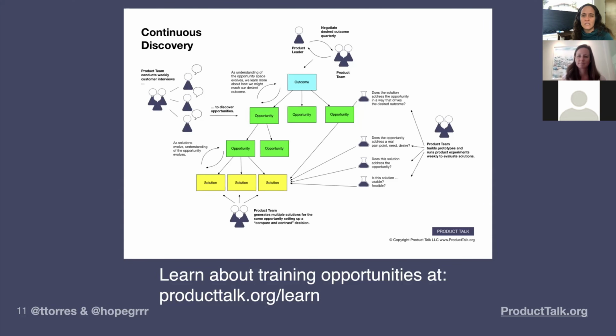Before Miro and Mural really existed, I worked a lot with teams in Lucidchart, Draw.io. Some even used OmniGraffle. Here's the criteria I would look for. It's visual. You can drag things around so you can make fast updates. Multiple people can edit at the same time. Everybody on the team has access to it. Beyond that, I think most tool questions, it's really about finding the right fit for your team.